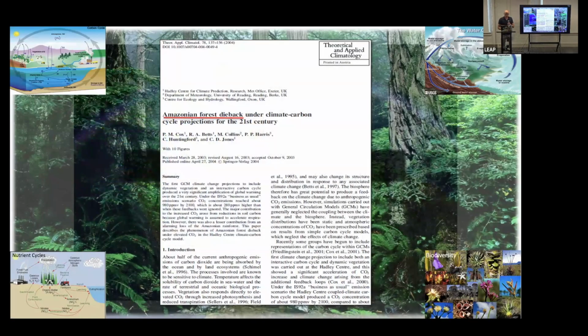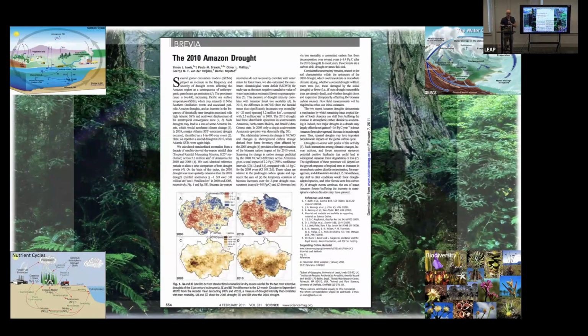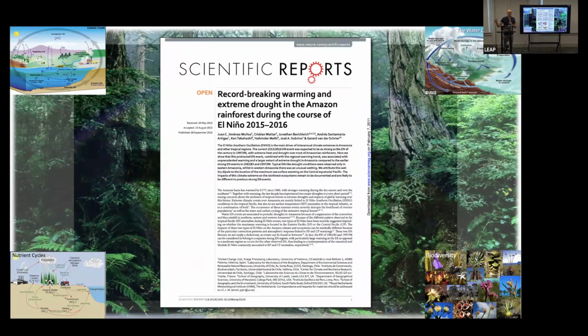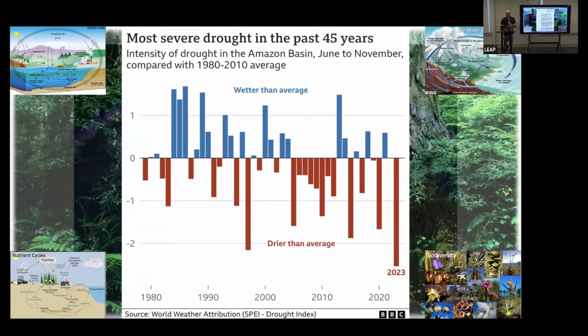Now, I told you that '05 was the worst drought in the history of records. 5 years after that, in 2010, an even worse drought hit the Amazon. 5 years after that, an even worse drought hit the Amazon. And it keeps happening. So now these red lines are kind of like the drought index, and they're getting worse and worse and worse. And so these projections that these models came up with of more frequent, intense droughts aren't projections anymore. They're reality.